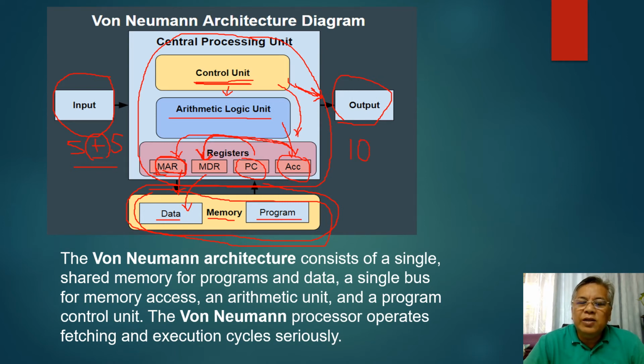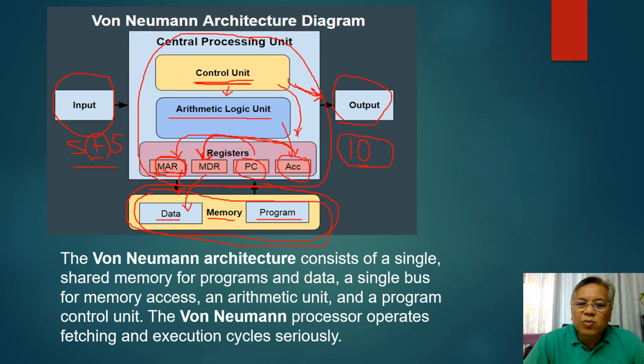So this 10 here in binary form is temporarily stored into your accumulator. And then this 10 in binary form will be transmitted into your MDR and will be stored into your memory under register R sub 0. Now, the control unit again will fetch the data, which is 10, in binary form. Okay? And then it will be transmitted into your output device. Ngano mo gawas man ang 10 sa imuhang monitor?